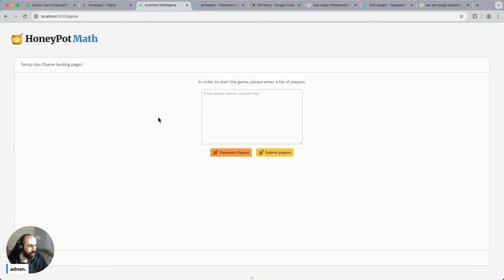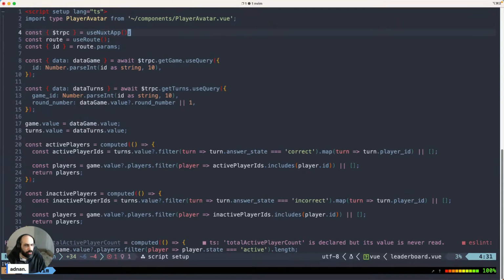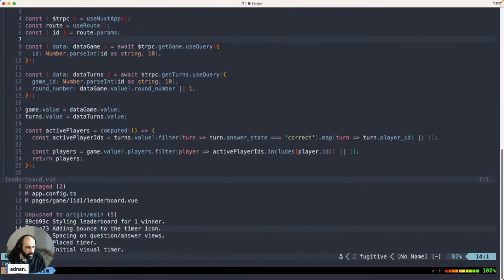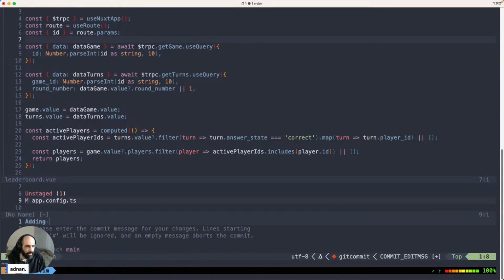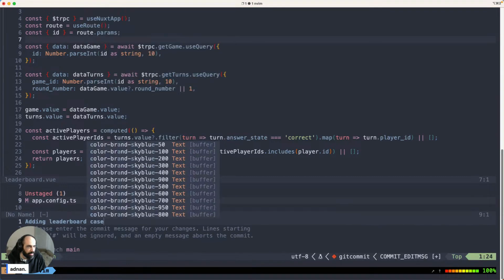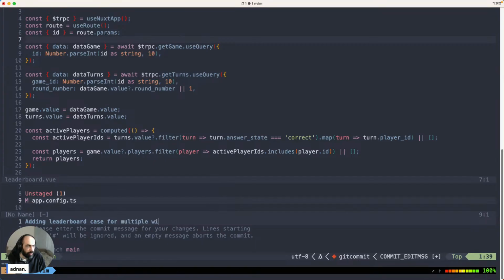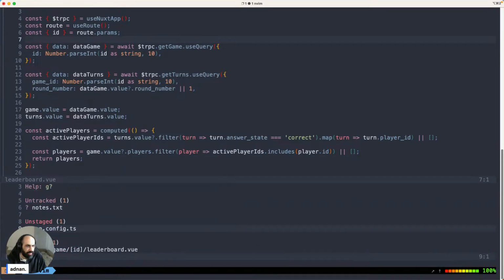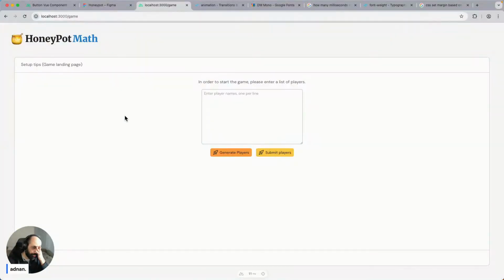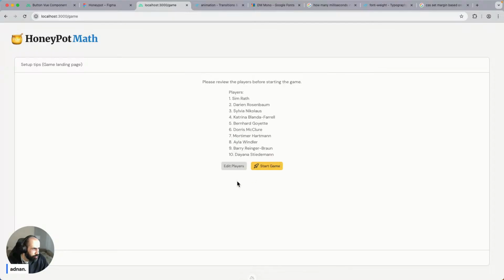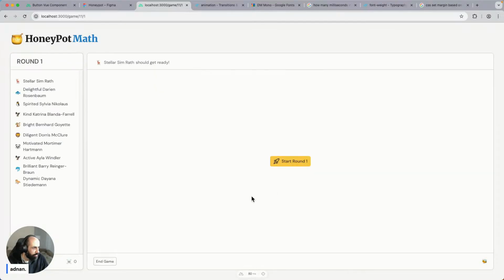Okay, so I think we have most of what we want here. I need to adjust the colors on the buttons, and maybe that's what I can do next. So adding leaderboard case for multiple winners. And let's put that in quotes because, come on. Okay. All right, so now I have the case where some of these buttons don't look good because of